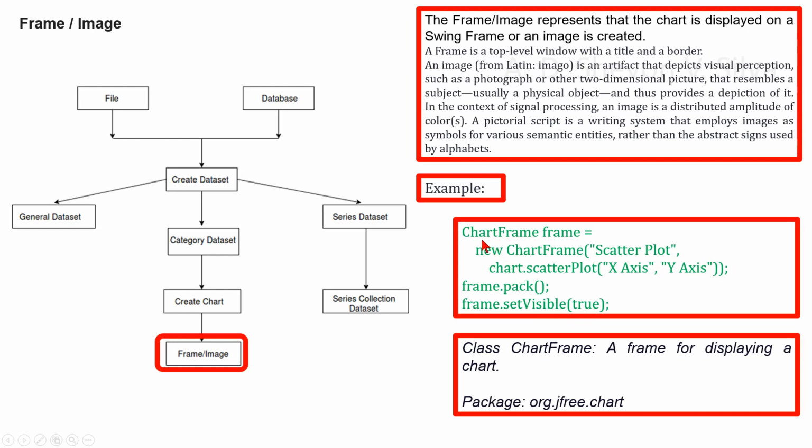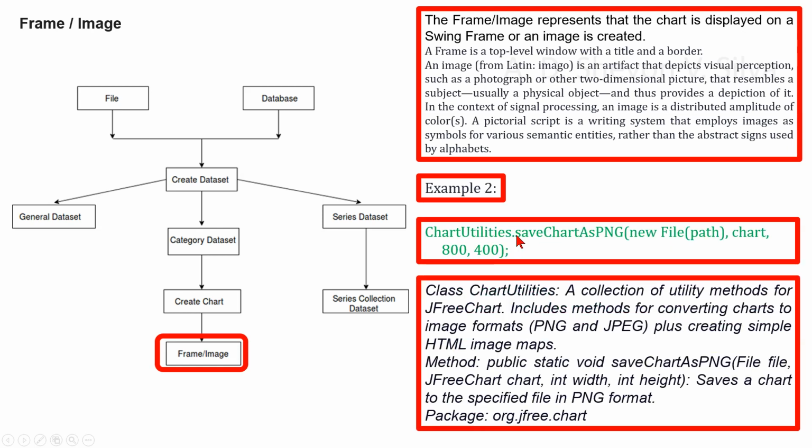This ChartFrame class is in the org.jfree.chart package. As an example too, we can consider this code segment here: the class ChartUtilities, a collection of utility methods for JFreeChart, includes methods for converting charts to image formats, PNG or JPEG, plus creating simple HTML image